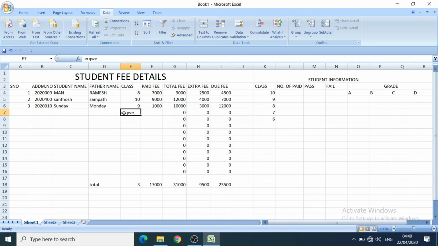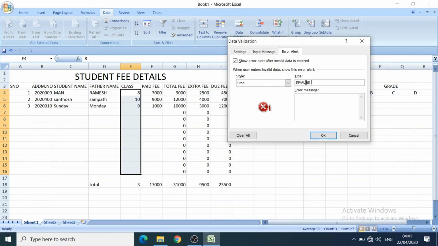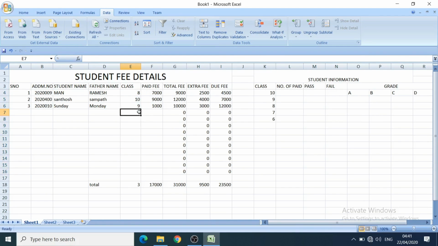So for the class also, now we can see the number of paid. When one student has paid some fee, if this student is in 10th class, then in the 10th class column I want to show how many people have paid: 10th class people, 9th class people, like that.